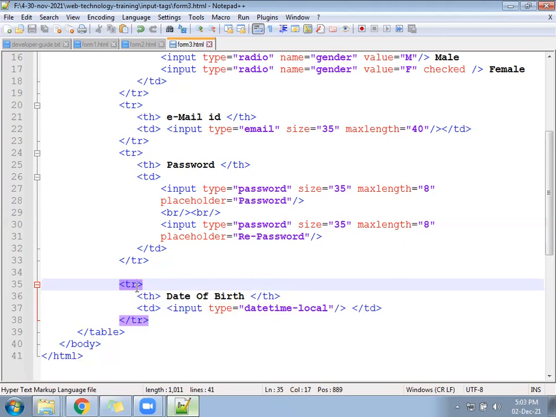You will see that automatically, once you click on that, a calendar will appear. Any kind of calendar appears. There we can select date, hour, minute, second, AM, PM, everything.